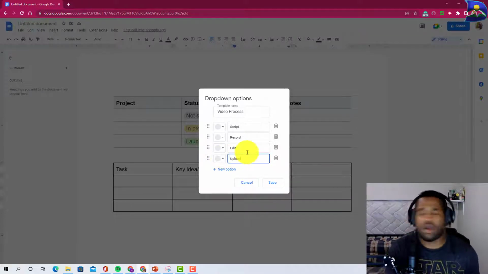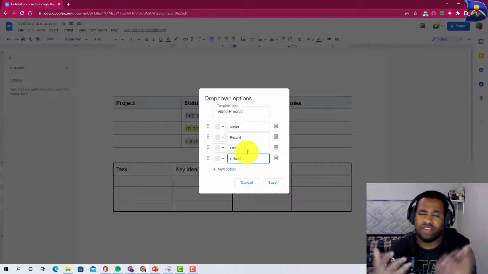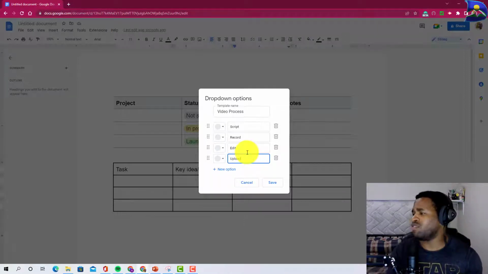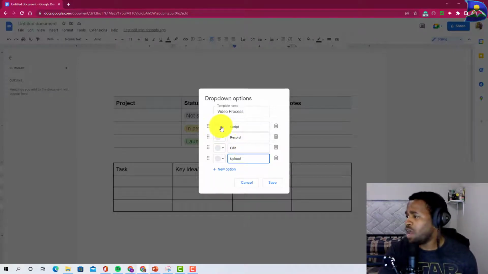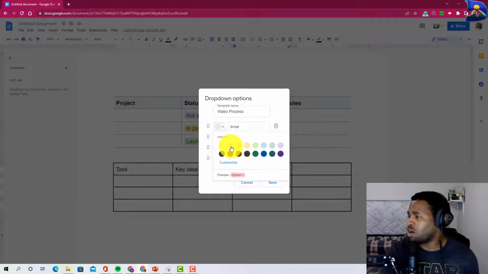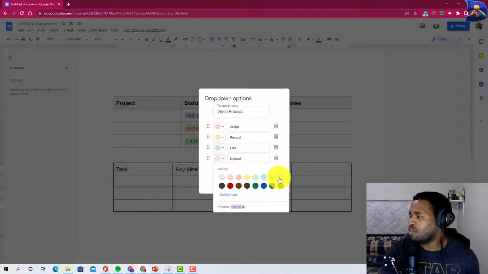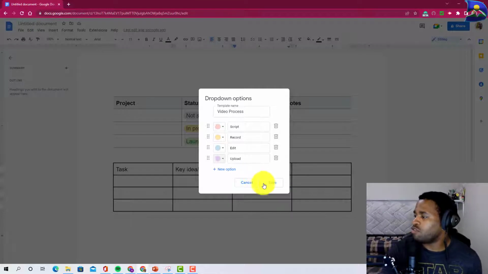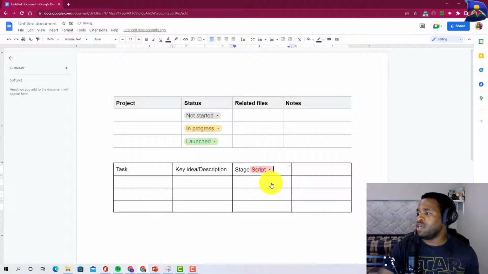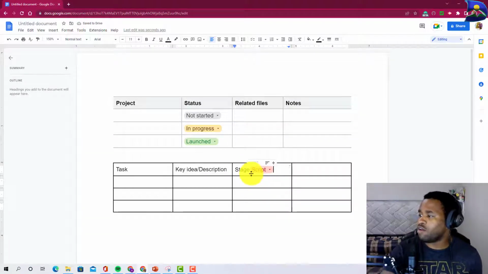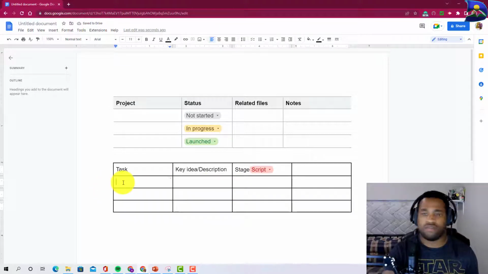And so these are pretty much a generic way of setting up. You can put it however you want. This is just my preference in here. And so you can click on different colors. I'll click on this for script, click on this for record, click on this color for edit, and click on this color for upload. And so once I hit save, it means that whichever one